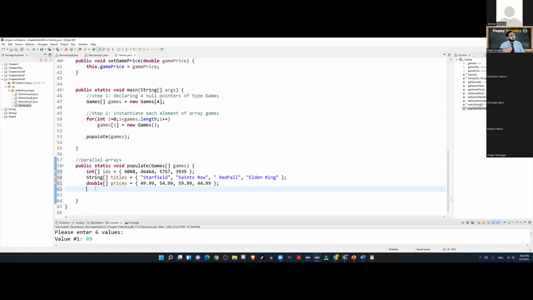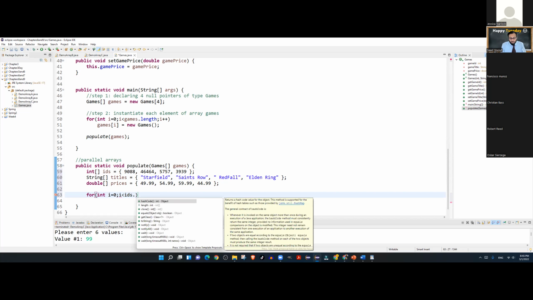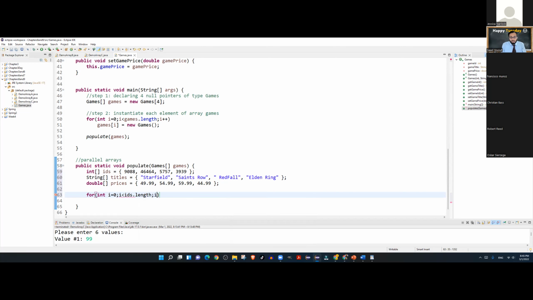And then I will be using a loop here, which will go the length of any of the parallel arrays because they're all of the same size. And I will then call the respective setters for each object.